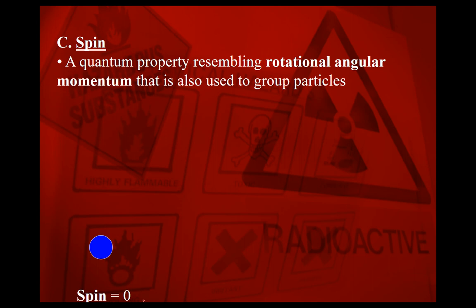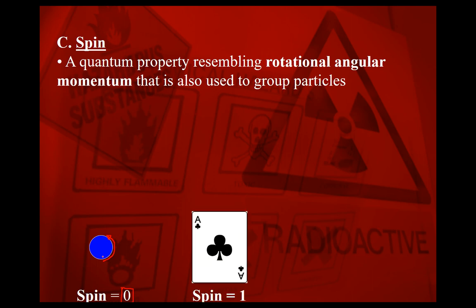If you have a particle that has a spin of zero, it means that if you take that particle and rotate it by any angle, that particle will always appear the same. So if you have a dot on a piece of paper and you rotate it by 45 degrees or 90 degrees or 180 degrees, it's always going to look like the same dot. So spin of zero just means it doesn't matter what angle you rotate it by, it's going to appear the same. Now I have an ace of clubs